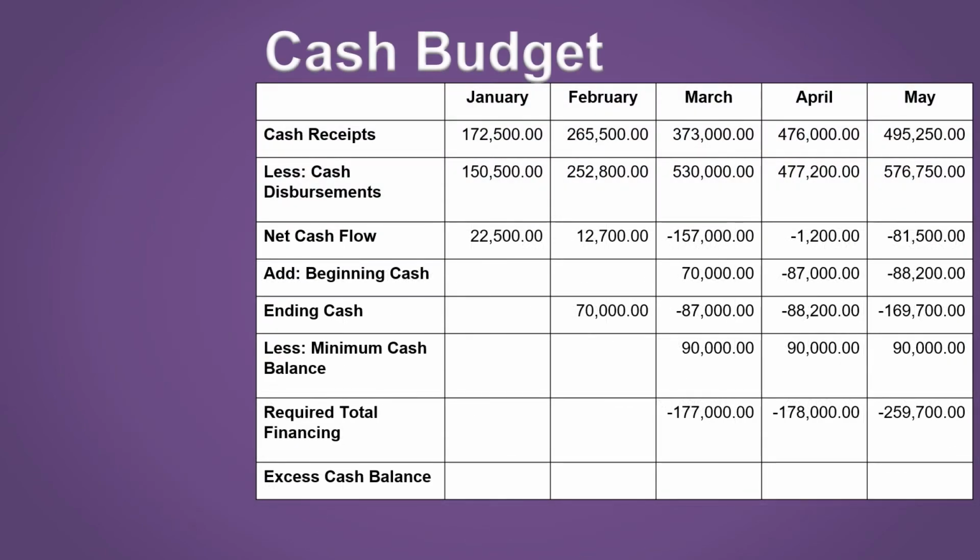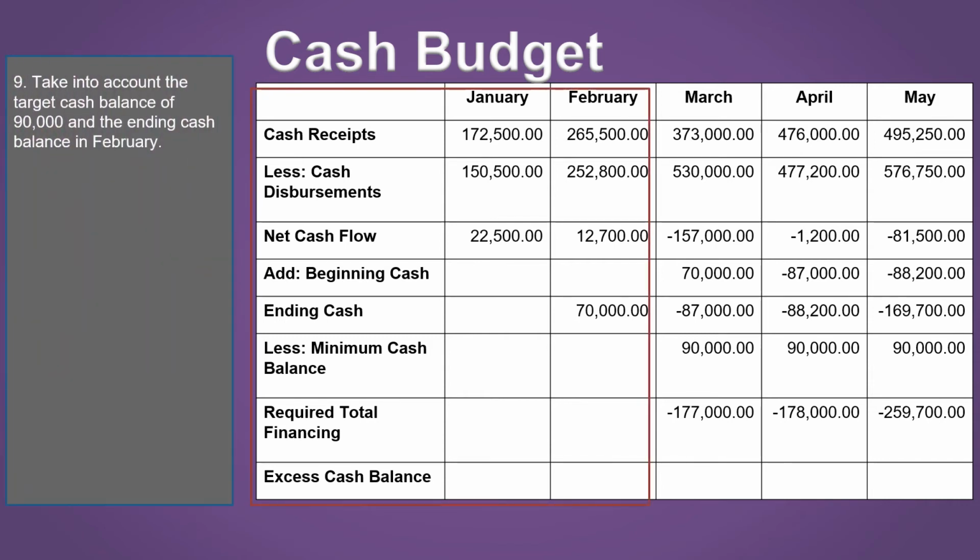And then we have to remember that January and February are transactions that are already done, meaning we are now trying to make a cash budget for March, April, and May. Now, we have to take into account the target cash balance of 90,000 and the ending cash balance in February. So, the next thing that we will do is to subtract cash disbursements from cash receipts to get the net